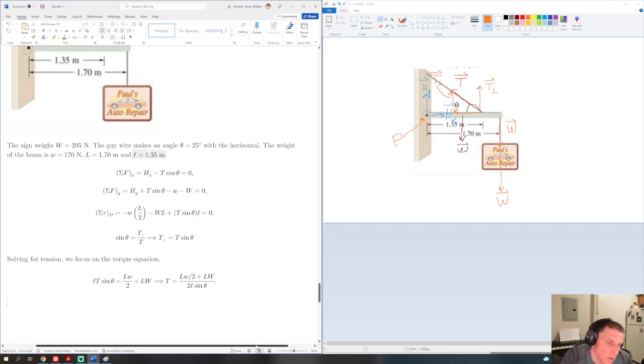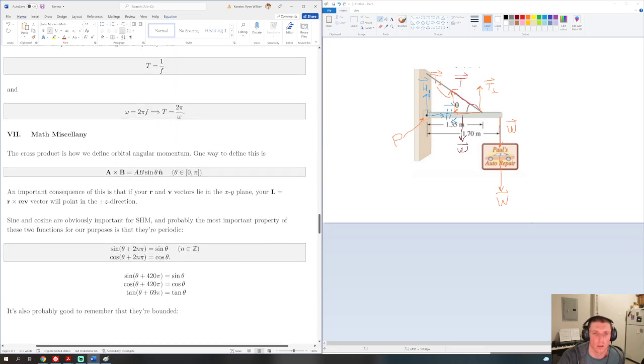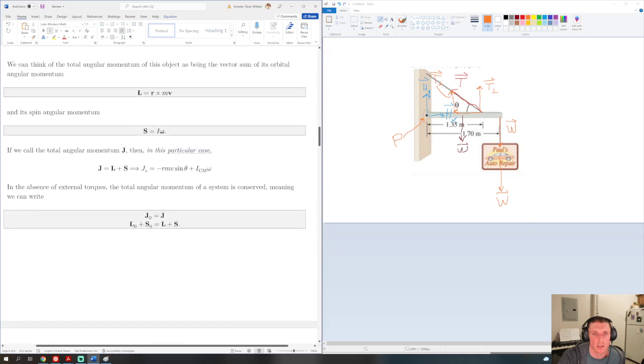So wouldn't you have to extend the R for the tension? Why wouldn't it be T sine 180 minus... Oh yeah, good question. There's no 2 in the denominator. Thank you. That's good. So that should be okay. Thank you for that. I have to extend the R for tension. Because remember that one of our definitions or results for the torque was